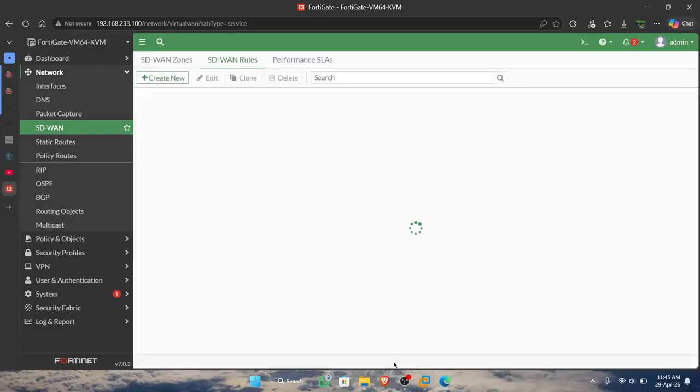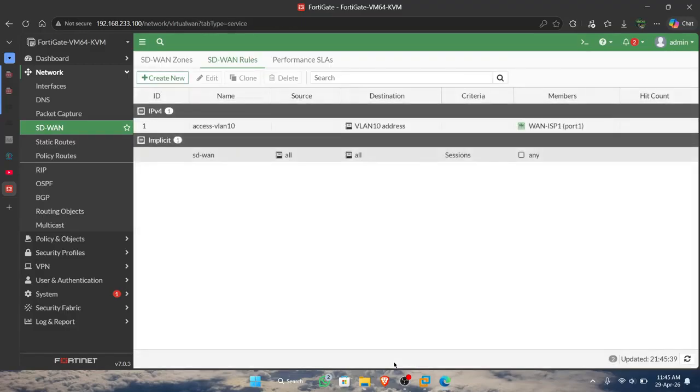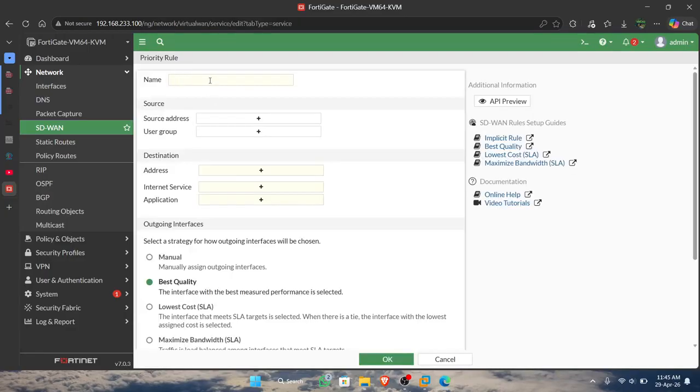So we have one configuration and one SD1 rule here. We create the next one for VLAN 20.